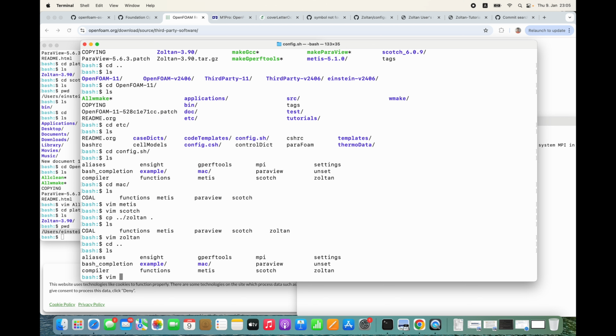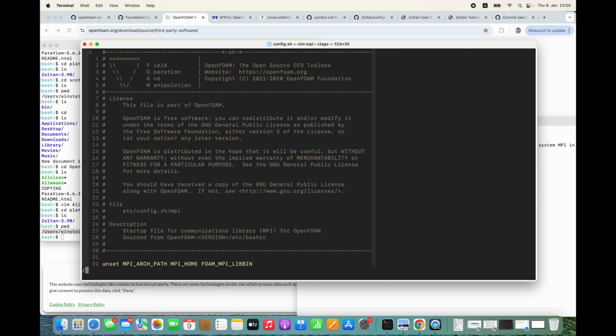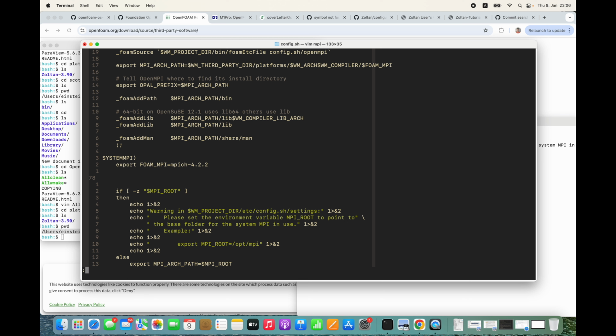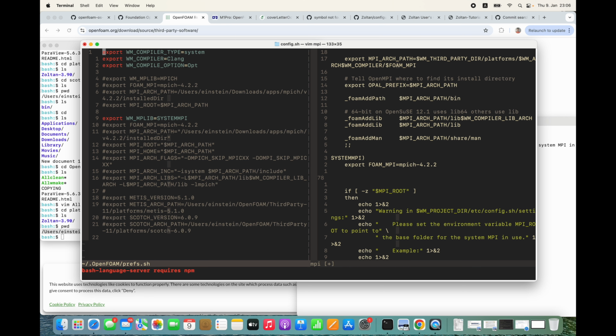Now we need to take care of MPI. So for MPI, if I go for system MPI, you see that we are basically exporting foam MPI as being MPI system, but this is not what I want. I want to basically have mpich for 2.2. So that's what I want. And here I want to also add basically the things that I have in my hidden OpenFOAM directory, and inside prefs, I'm going to basically copy everything for